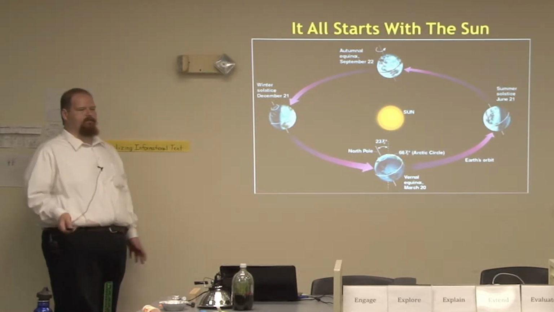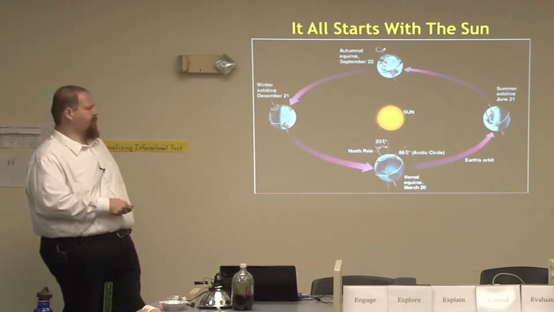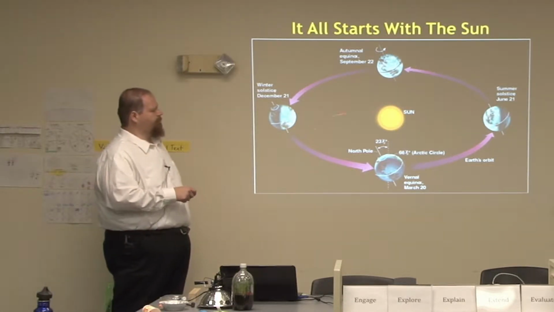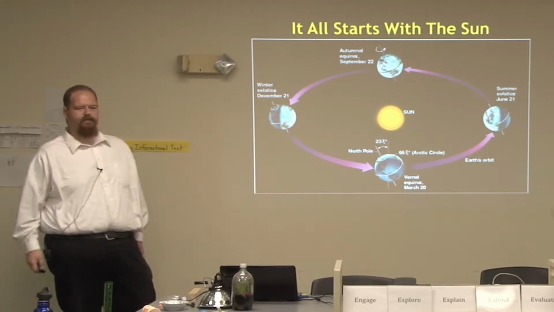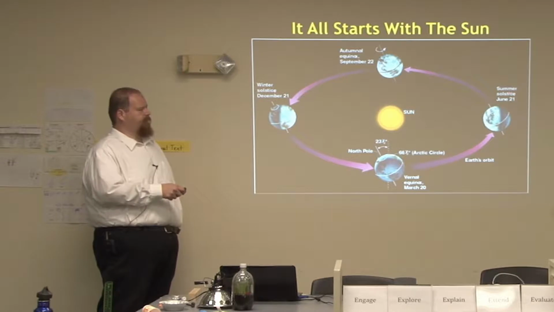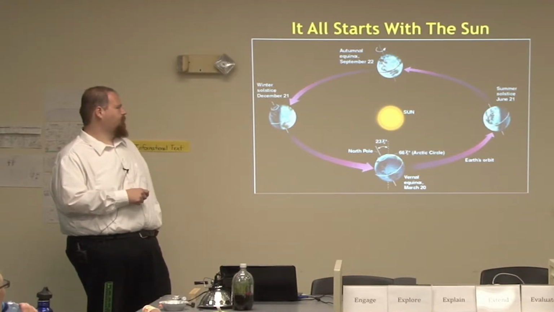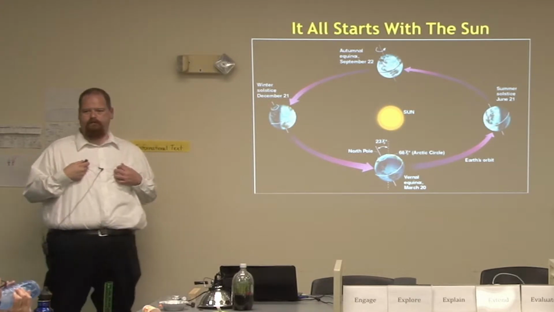So as we go around the sun here, we go from periods of the equinoxes, where there's essentially direct sunlight across the entire face of the earth, to the solstice seasons, where because of the tilt of the earth, the northern hemisphere during our summer receives more direct sunlight, and then the southern hemisphere receives more direct sunlight in our winter solstice during December. And so this is what causes the seasons.